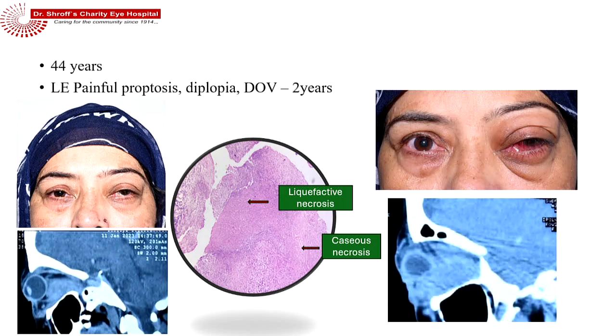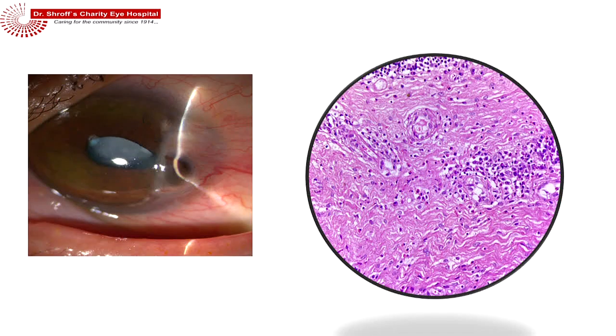There is an inferior orbital mass. Biopsy shows some sort of caseating granuloma, and some other workup for tuberculosis also turns out to be positive. Started on ATT, does not respond, worsens, the orbital mass has increased in size. In the meantime, the eye becomes painful.